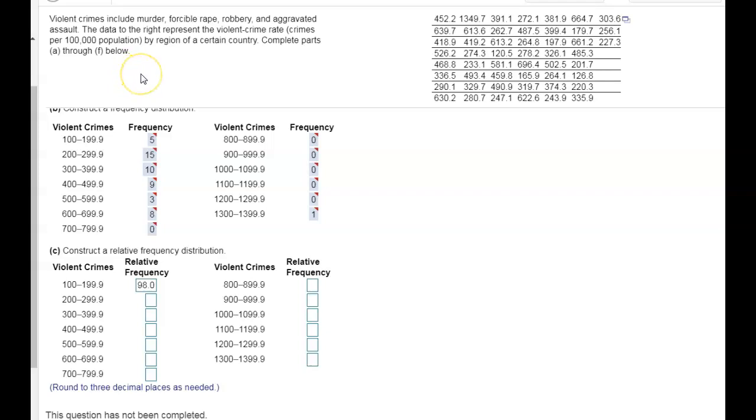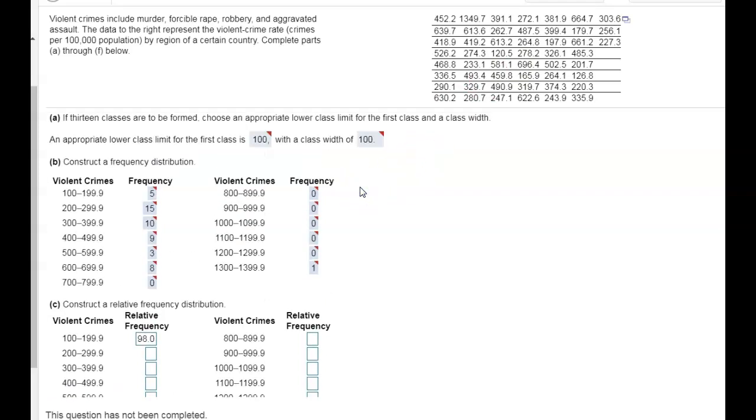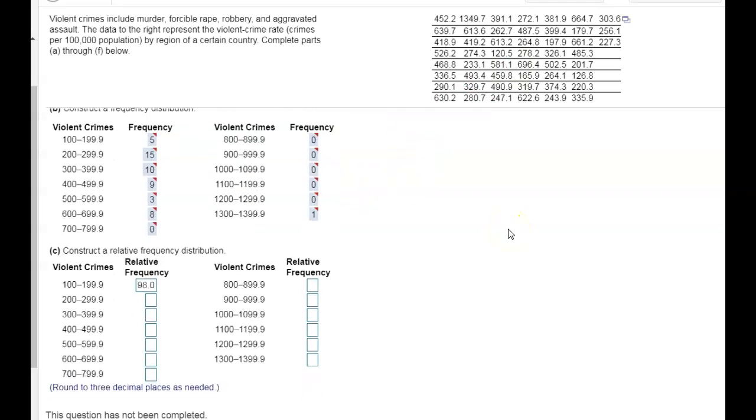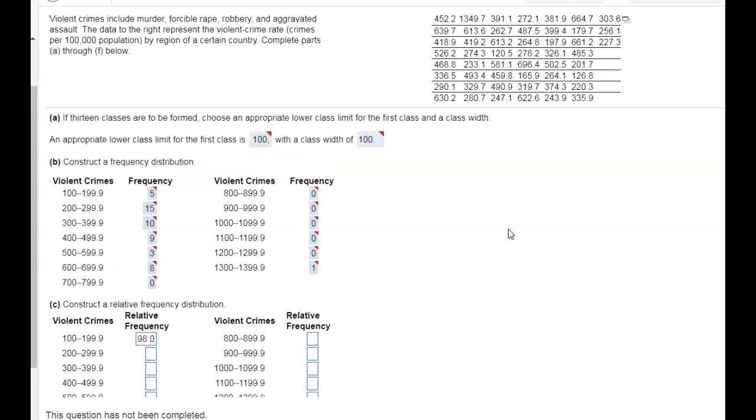violent crime rates, how many crimes there are in certain countries. And so these are the violent crimes per 100,000 people. And so again, this is kind of in thousands. So you see these numbers here, they're in raw data form, important to know. And what we're trying to do is create a relative distribution table or frequency distribution, so we can see how